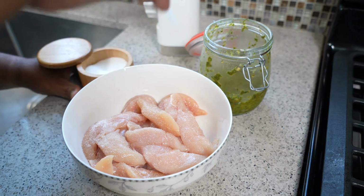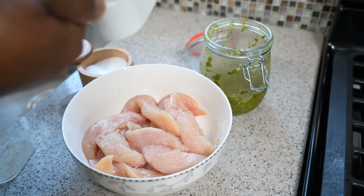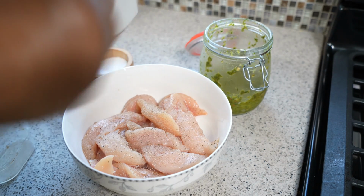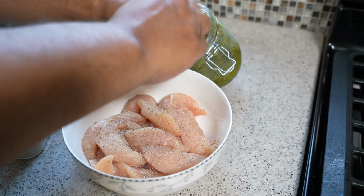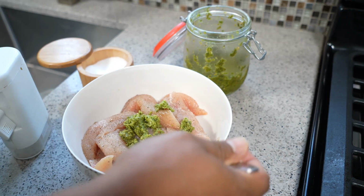I'm going in with sea salt. We need some black pepper. It's a very simple marinade, very simple. Keep it simple, but also tasty. That is the trick for this today. And Caribbean green seasoning. We want a tablespoon of that Caribbean green seasoning, and if you're new to Caribbean cooking,